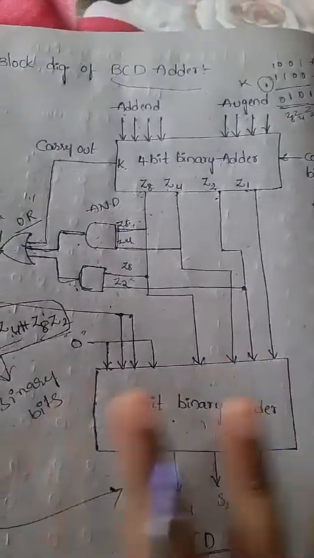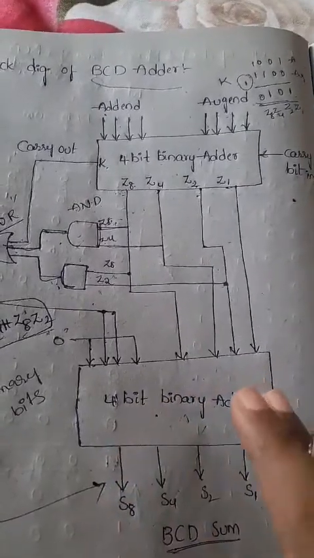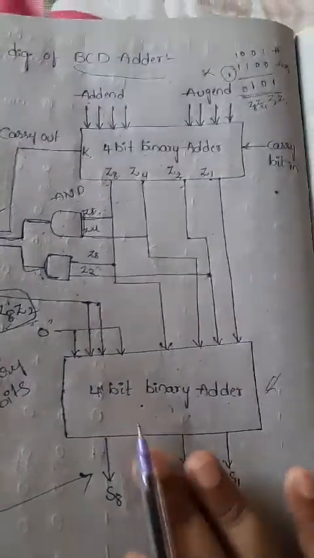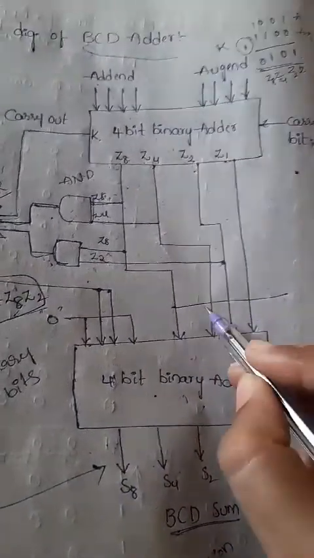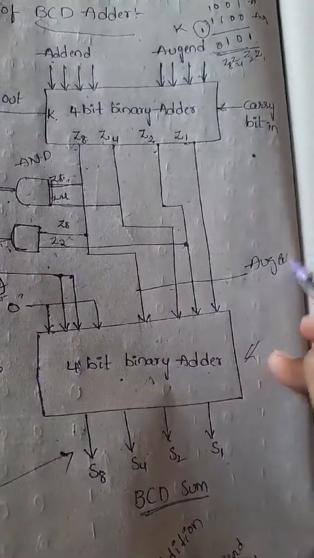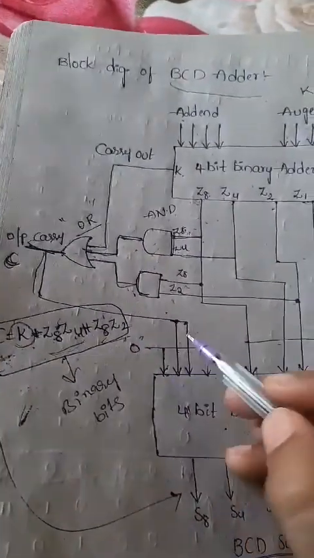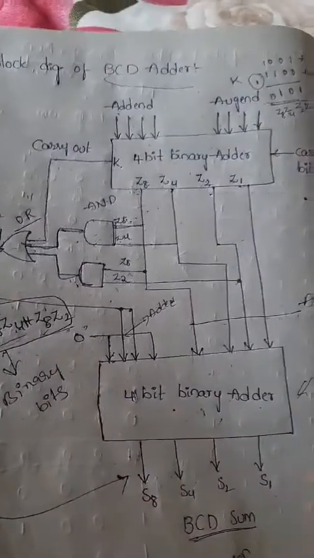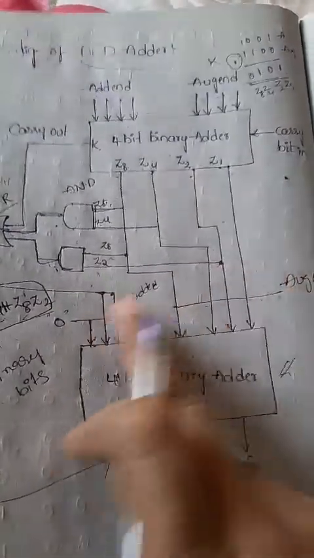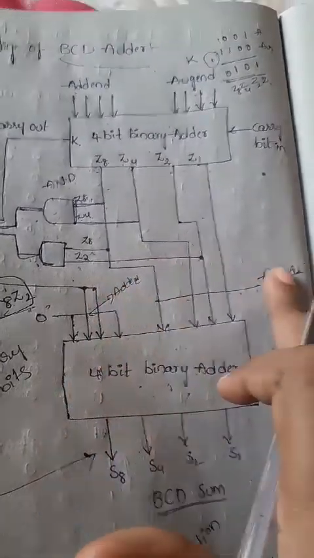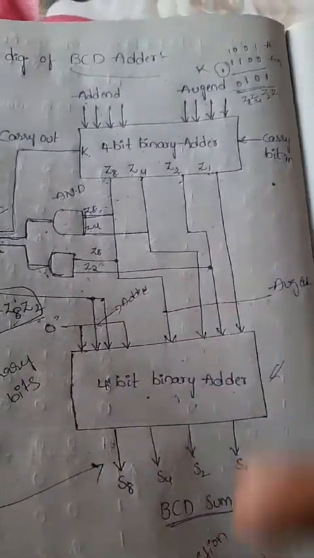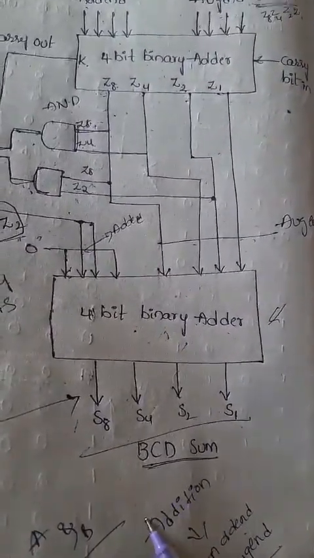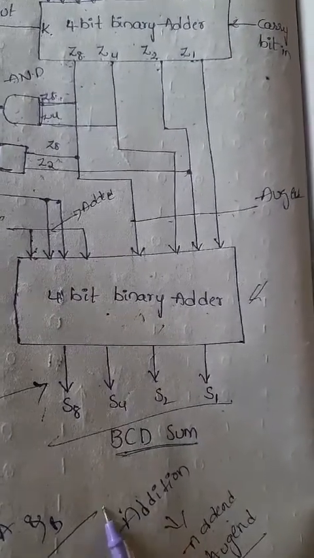Here again we have a 4-bit binary adder, that means we again need 2 numbers, right? If you want to do the addition procedure here, we compulsorily need 2 sets of bits, so we can represent those 2 here. These 4 bits, and here the carry bits, again divided into 4 bits, we call the addend bits. So this 4-bit adder also has the adder and addend bits, and in between we again do the addition procedure. The result we finally get, we call the BCD sum. This is nothing but the bits of the binary coded decimal.